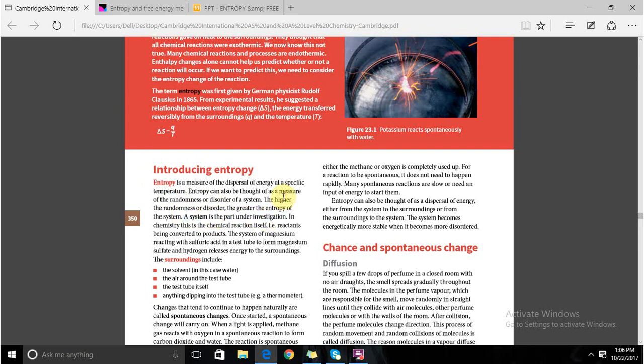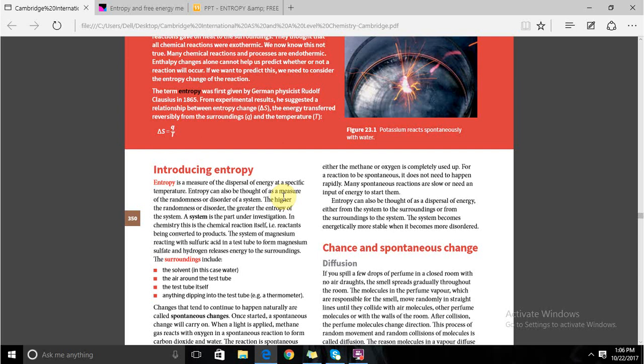If we were to talk about a particular reaction, and because in chemistry we are dealing with chemical reactions, the chemical reaction itself is basically the system. For example, for the reaction of magnesium with sulfuric acid, the system is both the reactants and the products. So the system of magnesium